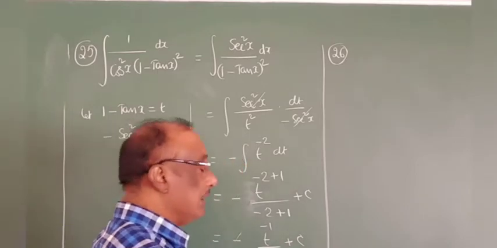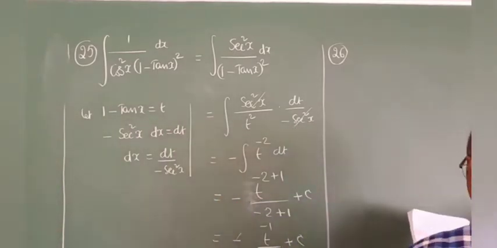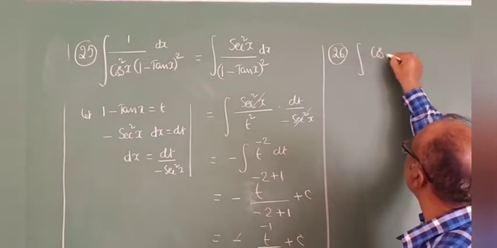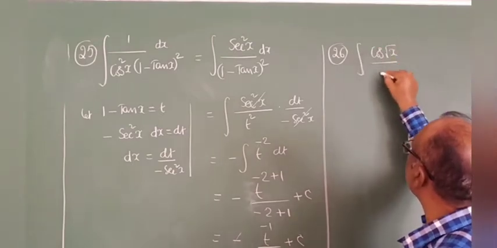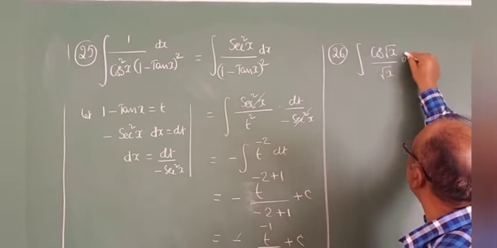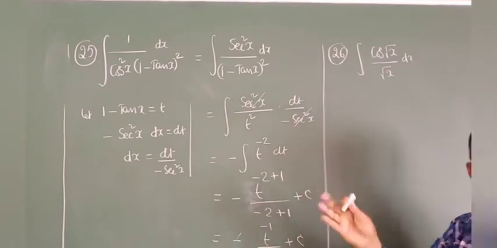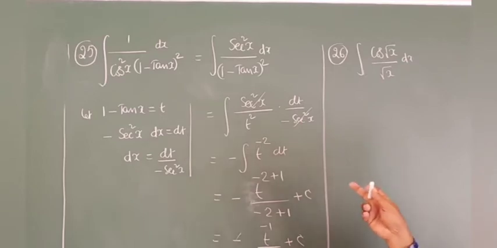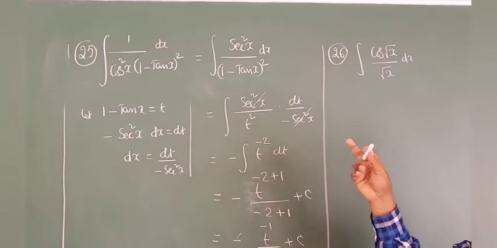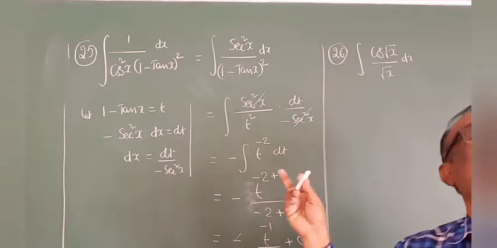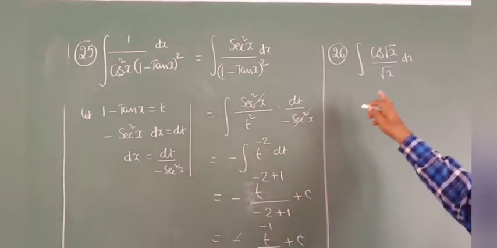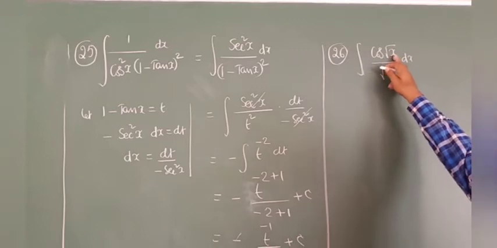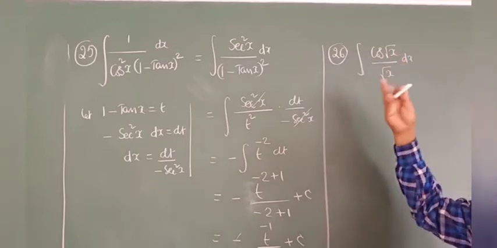Right. 26th problem is the integral of cos of root x by root x. Immediately we can understand: cos derivative, the minus sign is not there, but the root x derivative is there. What is the root x derivative? It is 1 by 2 root x. Okay, now root x is already in the denominator. So this root x, let it be t. Automatically this should be cancelled.